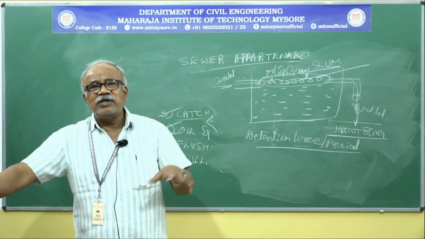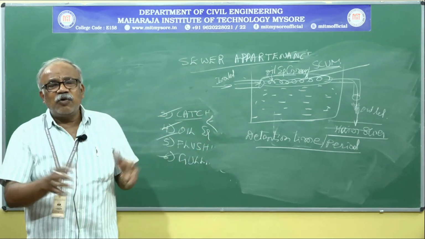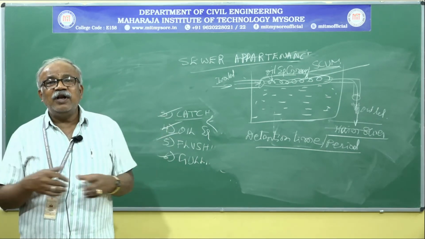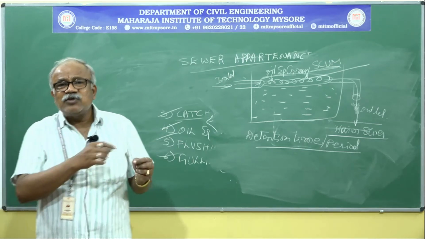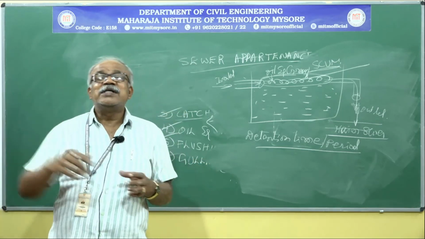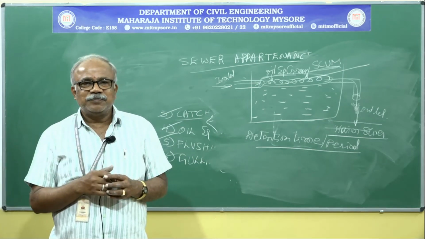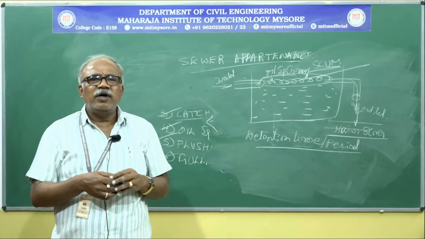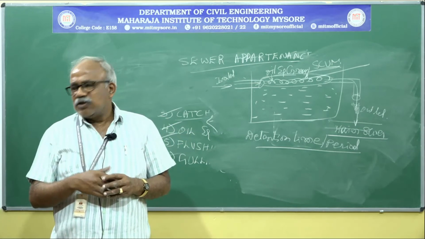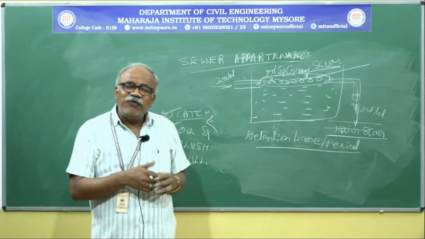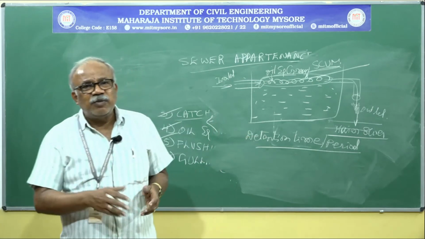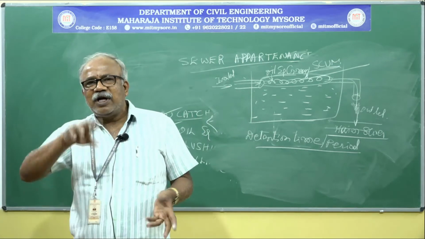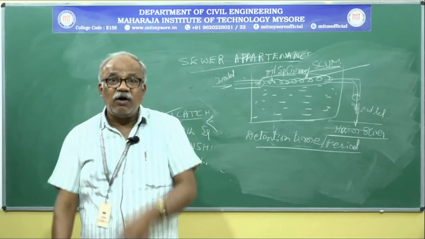For that purpose only, at each and every junction we provide an inspection chamber. We are not constructing a manhole within a residential area. The manholes are constructed along the sewer line on roads. It depends on the depth of the sewer where exactly they are going to provide. So at every interval, as per the standard, every 30 feet we have to provide one inspection chamber or one manhole, alternately, if it is a long stretch.